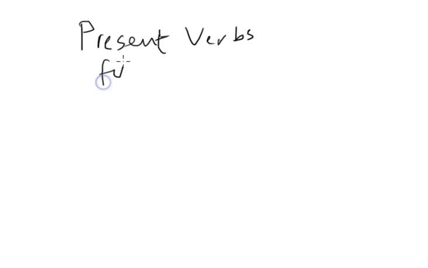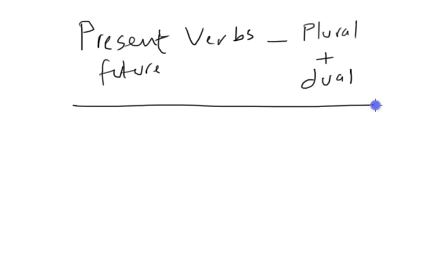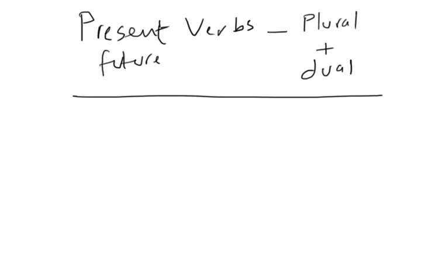Here I'm going to be talking about present tense verbs for plural and dual. So present and future, both. I'll be talking about both of them, but plural and dual. Now, if you remember last time we talked about the singular ones, and we said that the singular